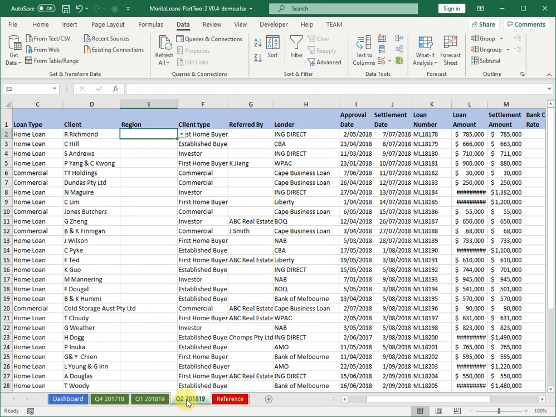To get the data back here for the regions, you'd have to open the spreadsheet number 3, copy the column, and paste values into this spreadsheet here. So